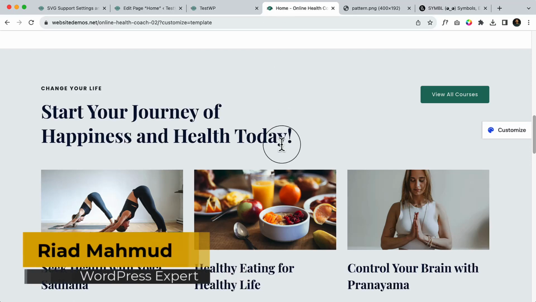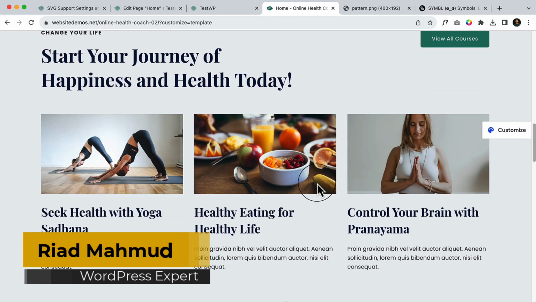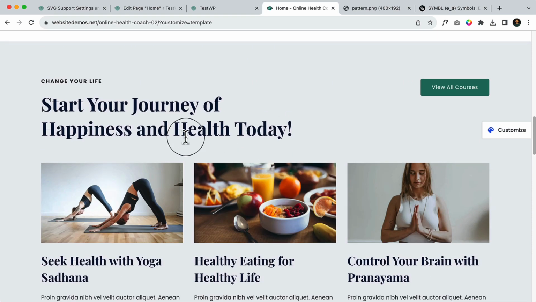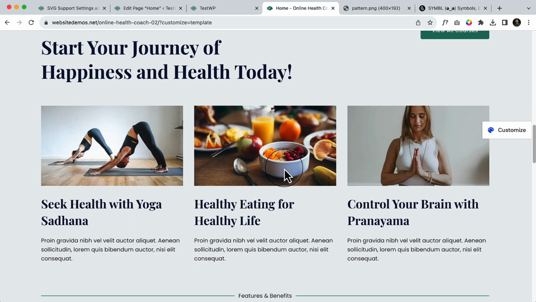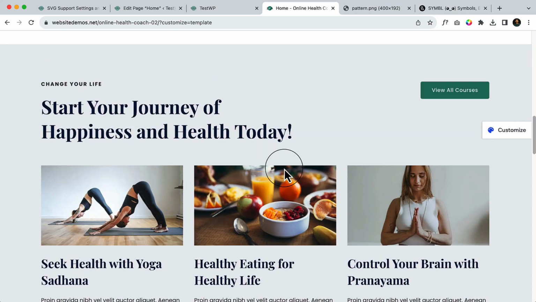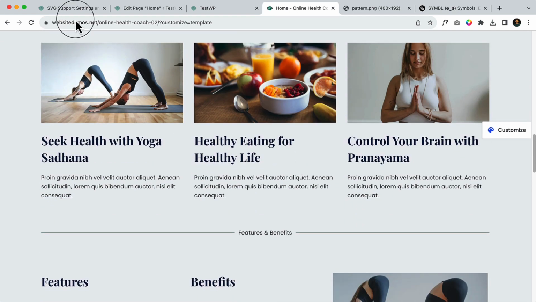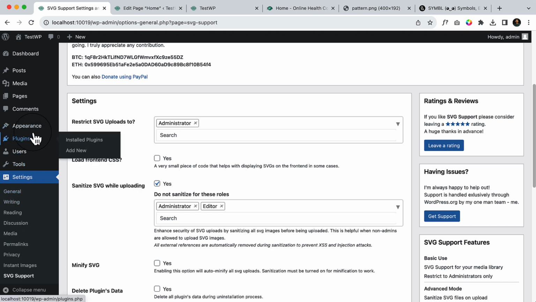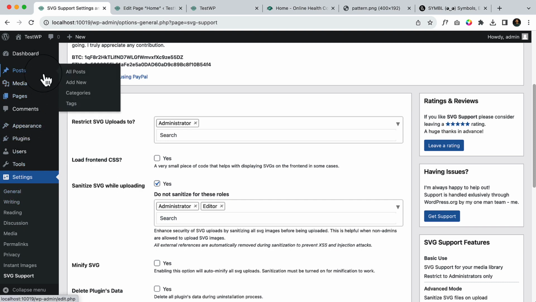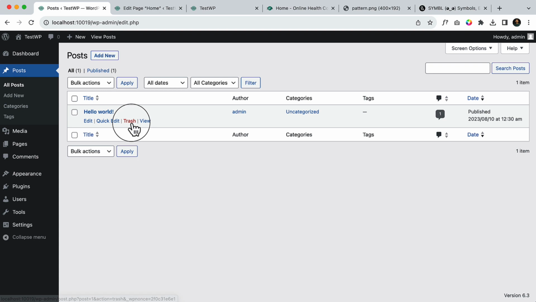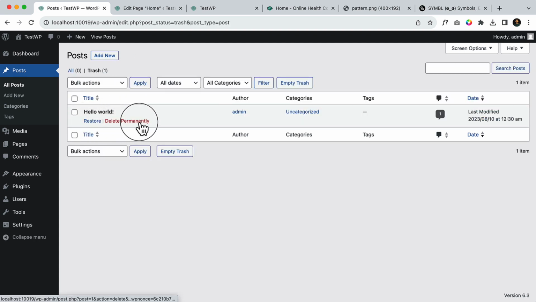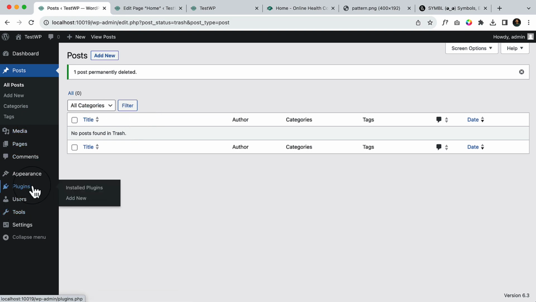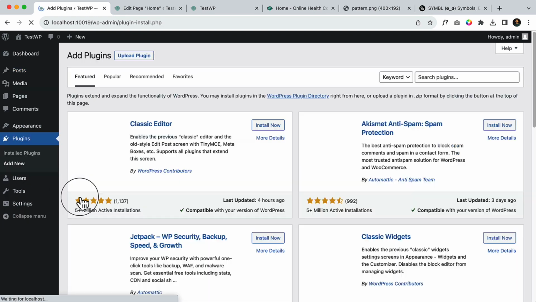Now it's time to create our blog sections. For this template it's a blog or course section, whatever you say, but I'm going to create blog sections here. To do so, first of all, I am going to add some posts here, but adding posts manually will take some time. What I'm going to do is remove the default post from here and then add a plugin called